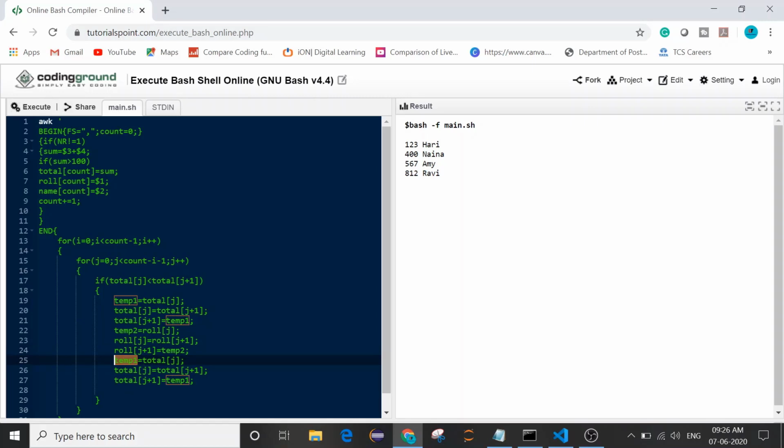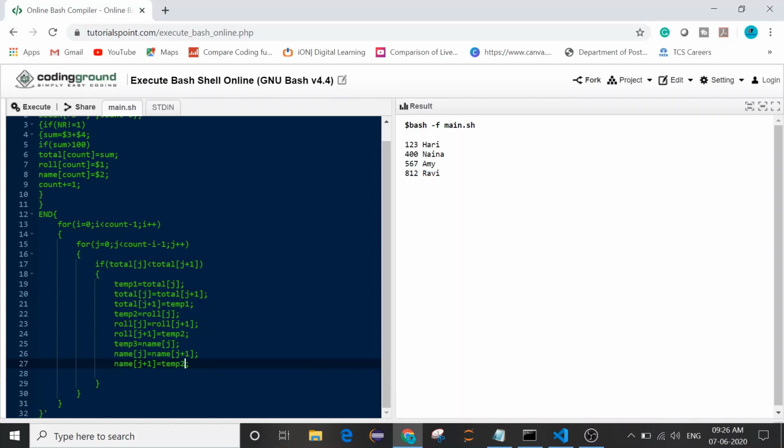Inside temp3 we need to swap our name. So I am swapping 3 values.